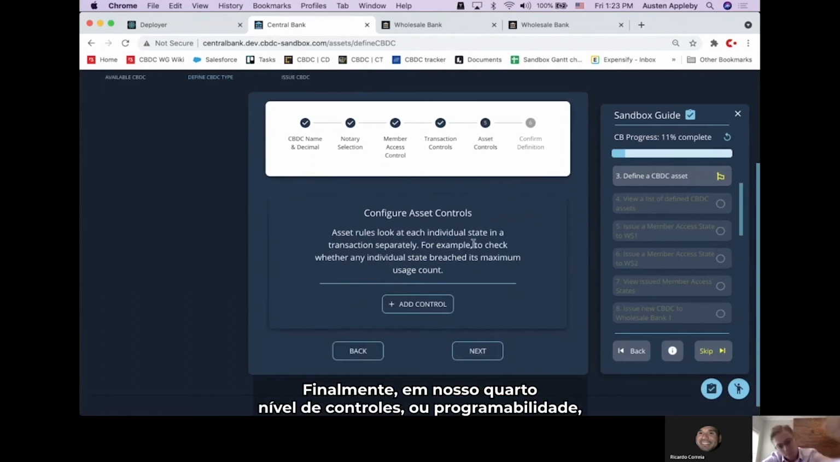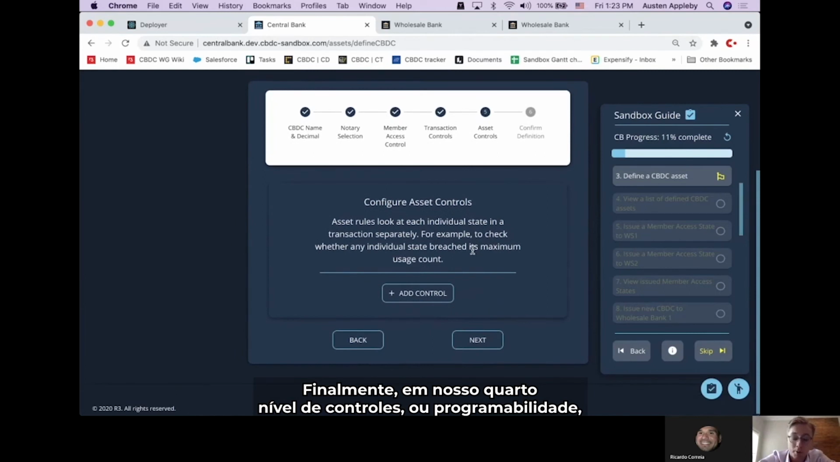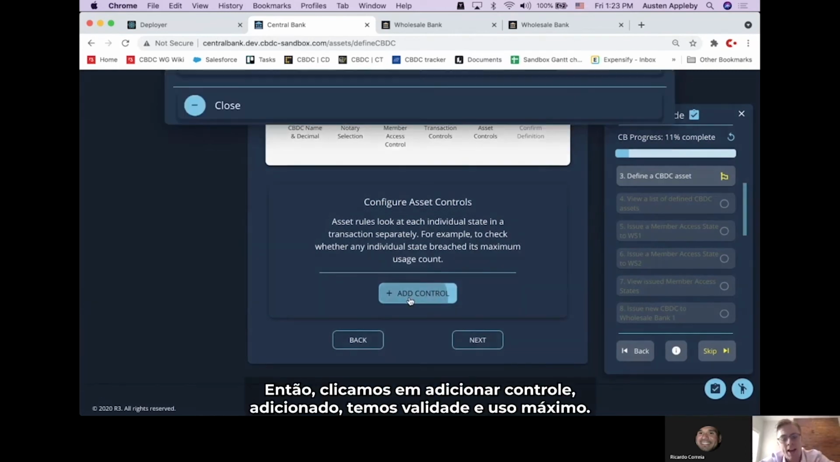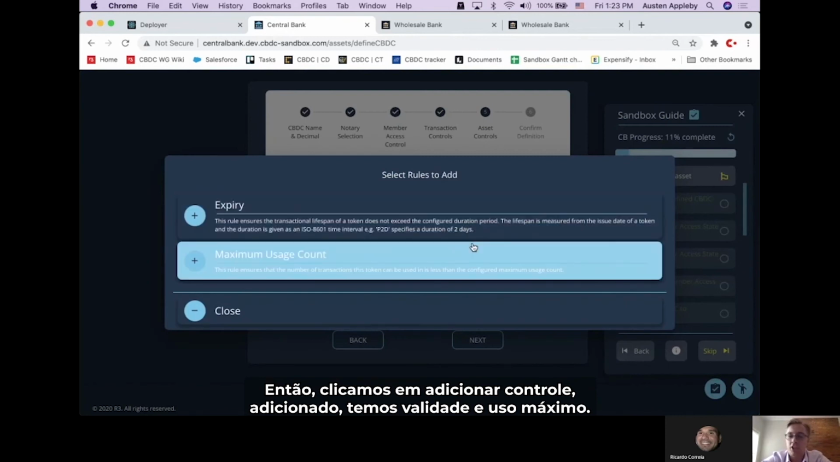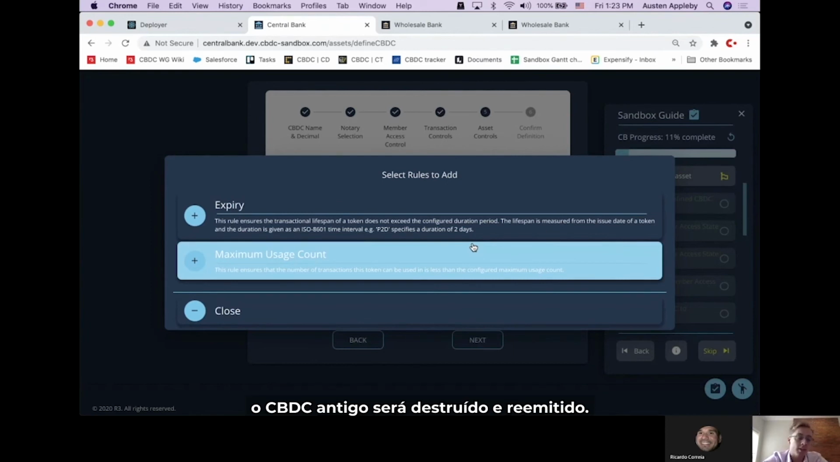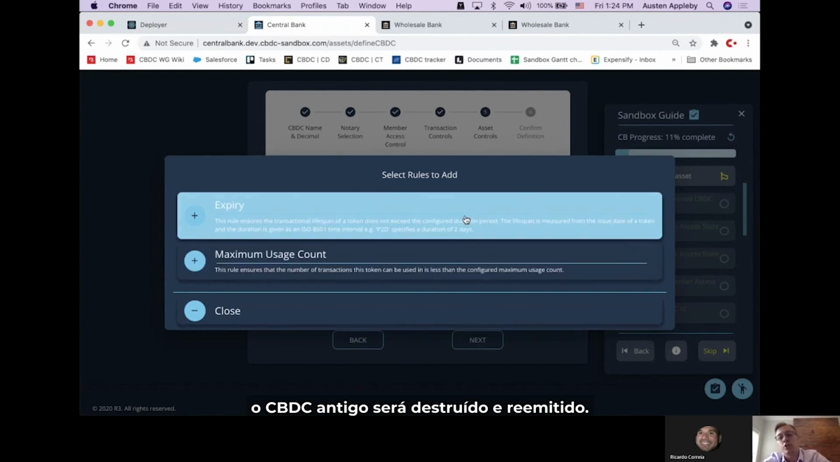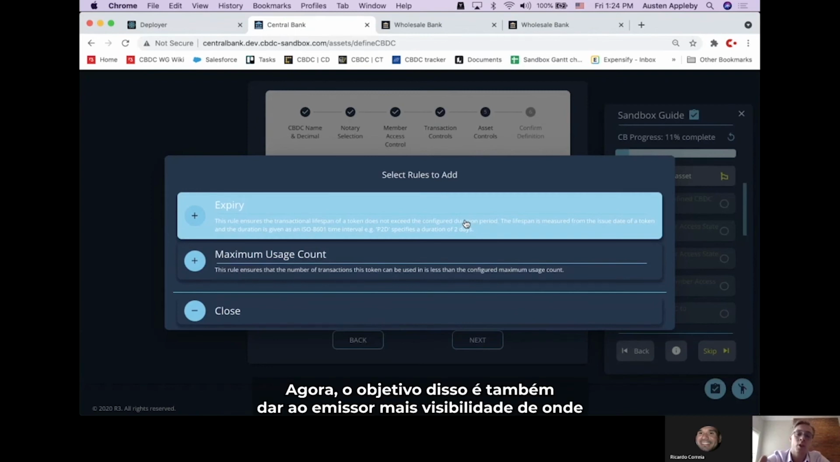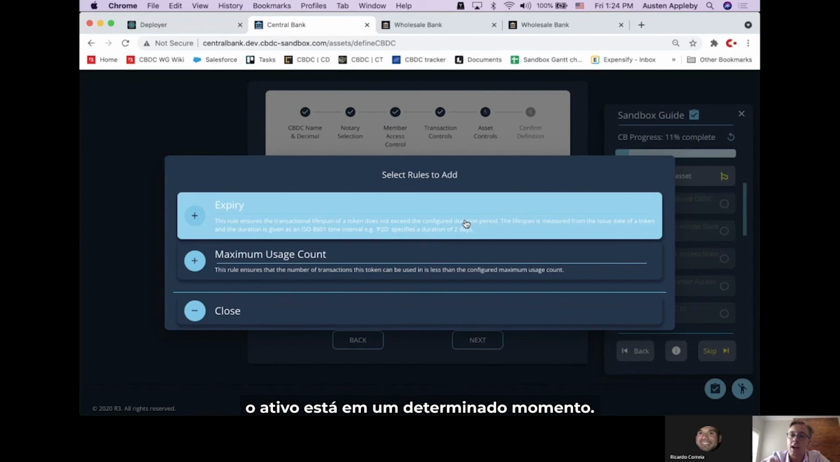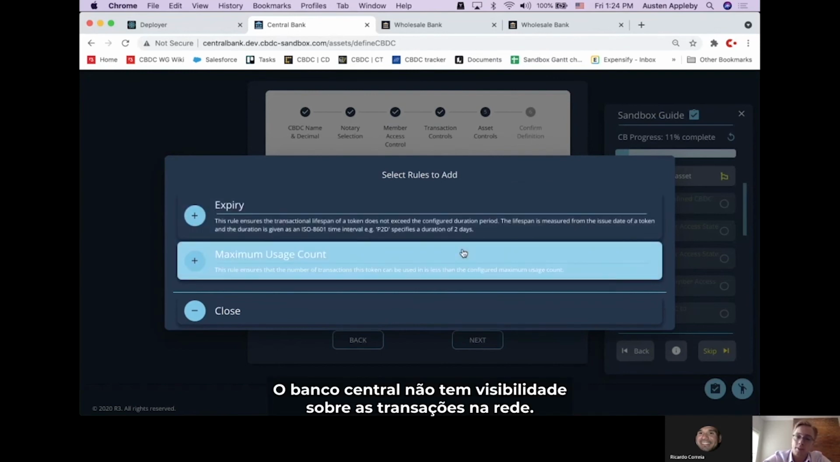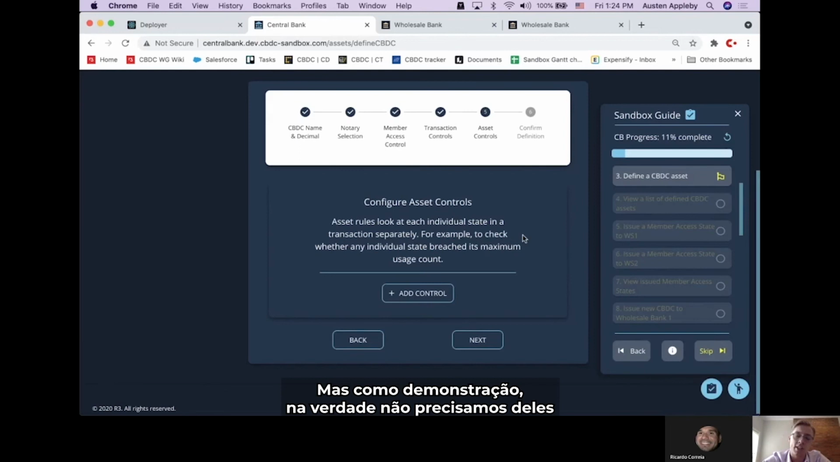Finally, in our fourth level of programmability, we have asset controls. So we click on add a control, we have expiry and maximum usage count. What's happening here is after a certain amount of time or number of instances that this CBDC asset is used, the old CBDC will be destroyed and reissued. Now, the purpose of this is also to give the issuer more visibility into where the asset is at any given time, as the central bank does not have visibility into the transactions on the network. However, we'll be able to see who they reissue to if there is a maximum usage count or expiry selected. But for the purpose of this demo, we actually do not need these, and we'll go to next